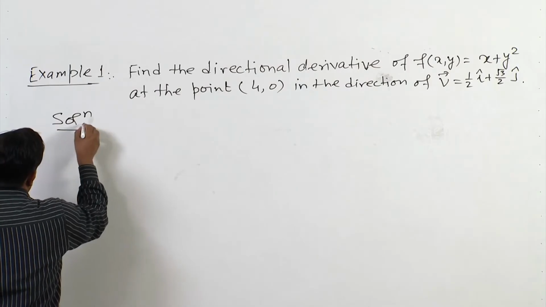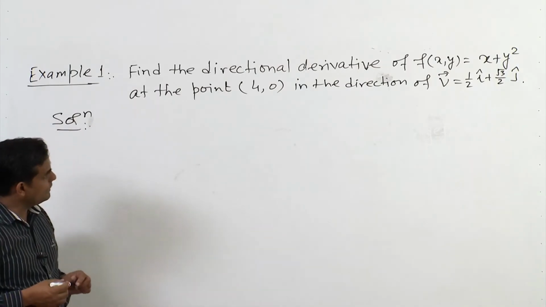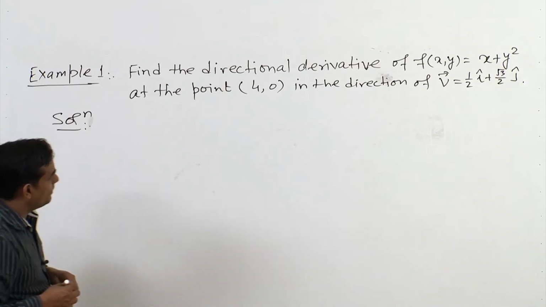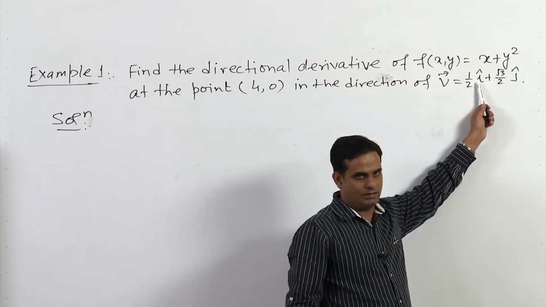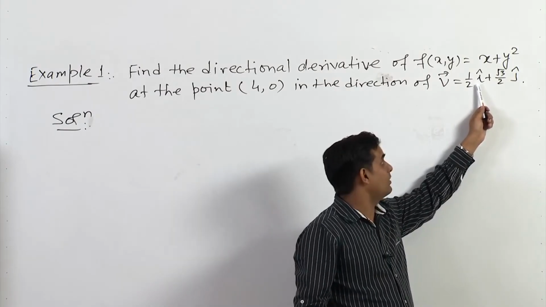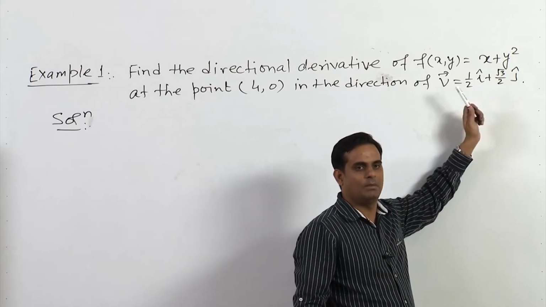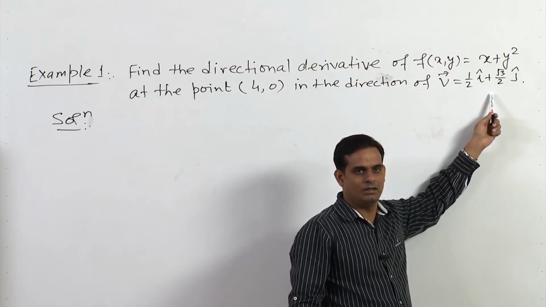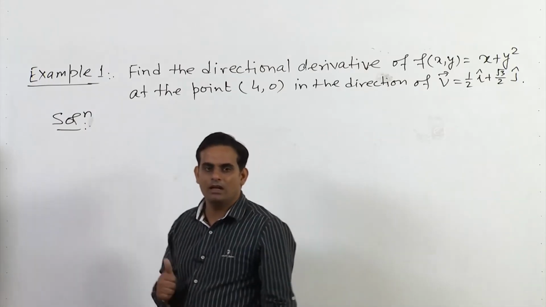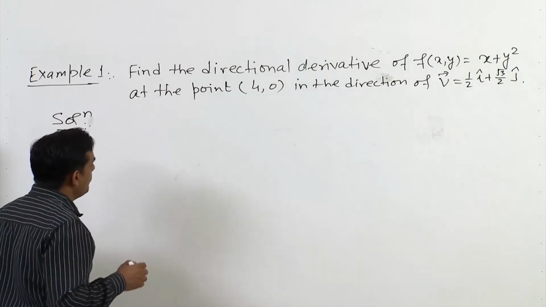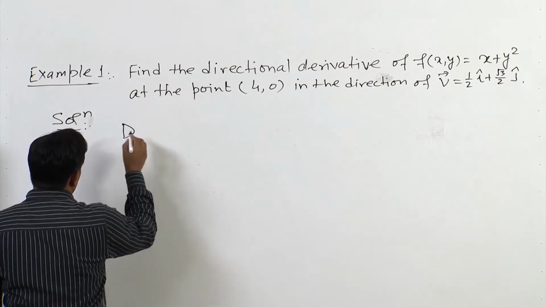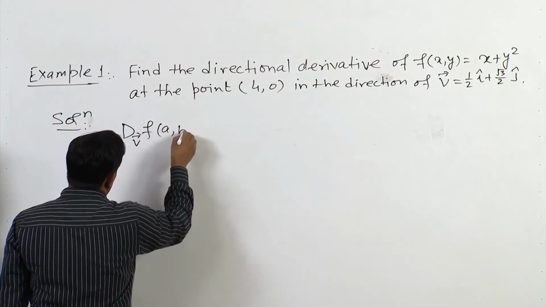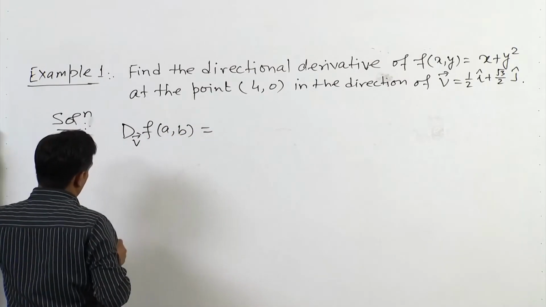So let us try to obtain the solution of this example. Please note that here v is a unit vector, so we need not make it a unit vector. If it is not a unit vector, first of all we need to find the unit vector, because in the definition we have used the unit vector. So now the directional derivative of f in the direction of v at a point a, b, so the point is here 4, 0,